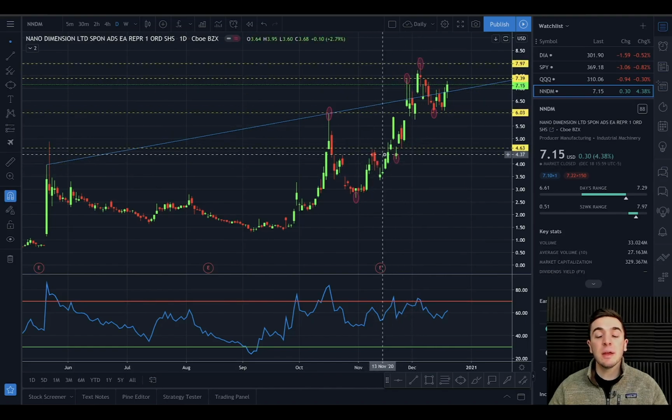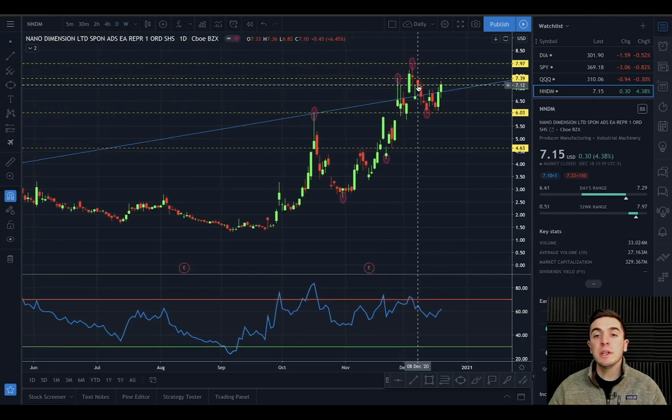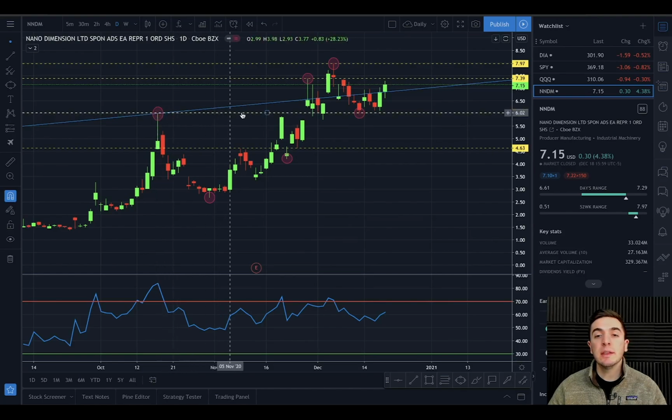A lot of this excitement had to do with the reported increase in 3D printer sales, and also on November 23rd, the company had closed a direct offering for 25 million shares at $4 a pop, which means that they raised $100 million. Most recently, there was a sell-off to $6, and this was exactly where the stock was rejected in mid-October. This did lead to a failed bounce attempt, which was rejected by this trend line, and it caused